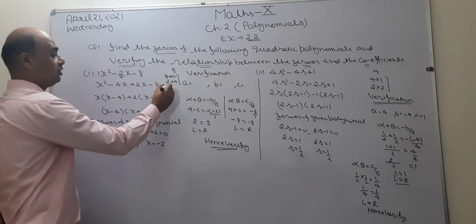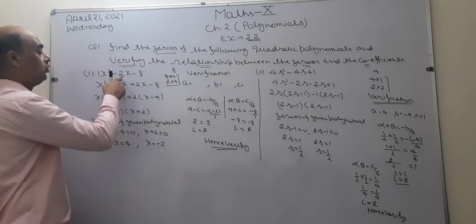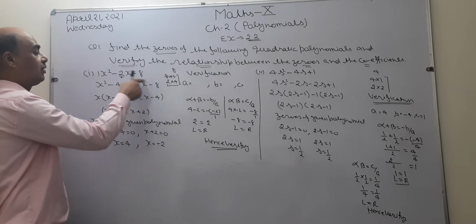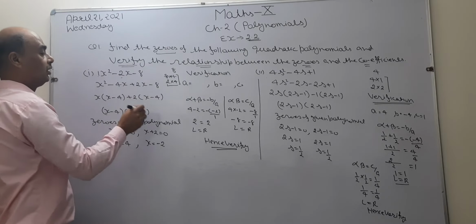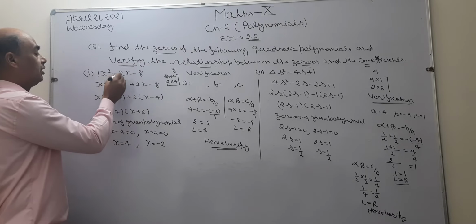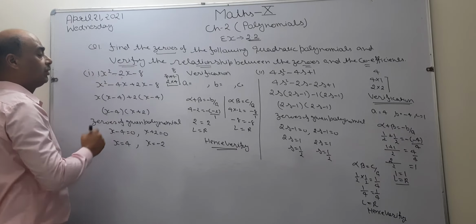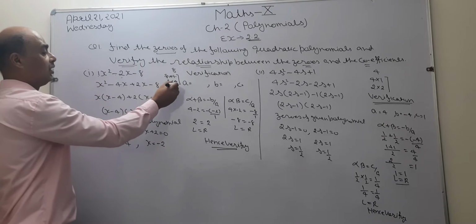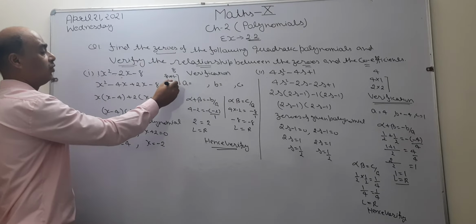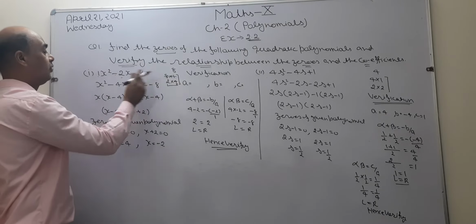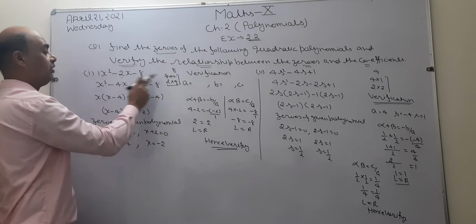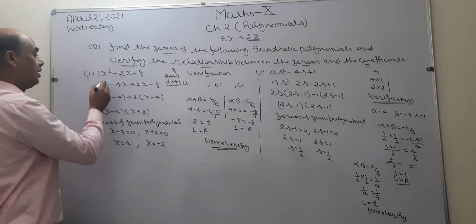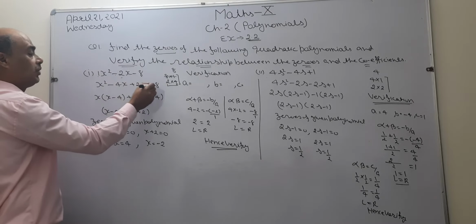Now I am going to check these two. Now 4 minus 2 is 2. 2 is available here. This is the requirement. So I take these two factors. Now in the middle of this there is a negative term. This negative term goes toward the largest number. Which one is the largest number? 4. 4 is the largest number. Therefore I give negative sign to the largest number. I write here x square minus 4x plus 2x minus 8.